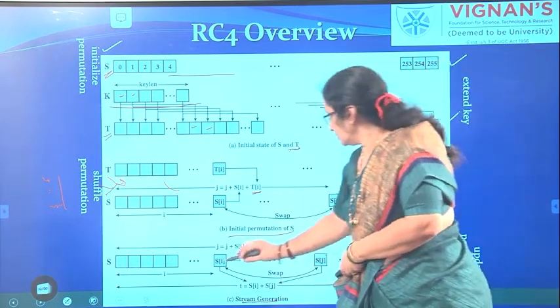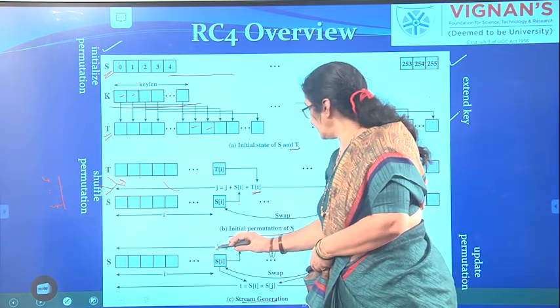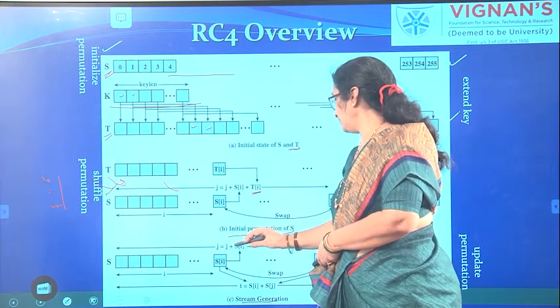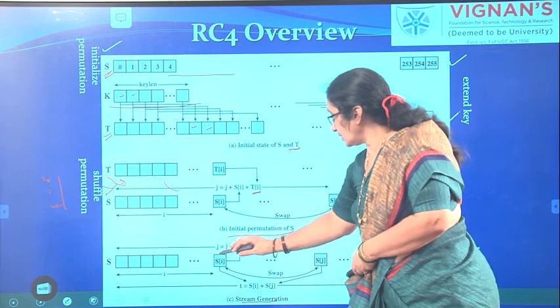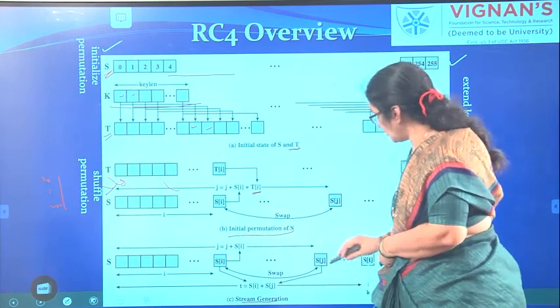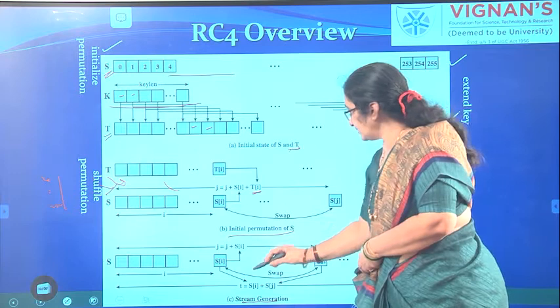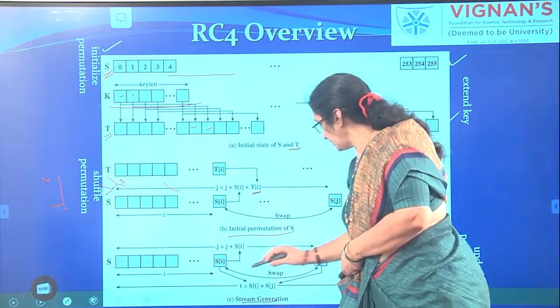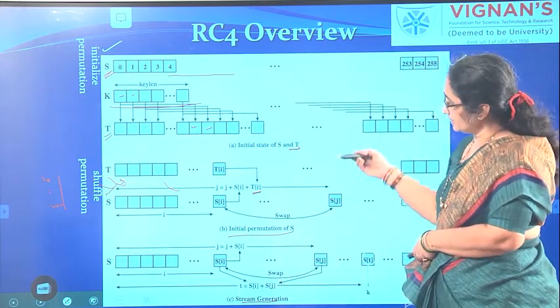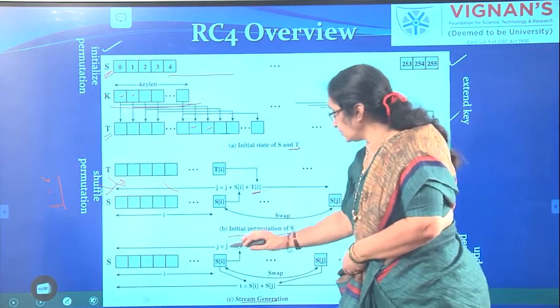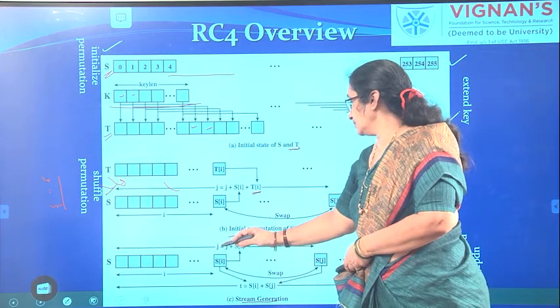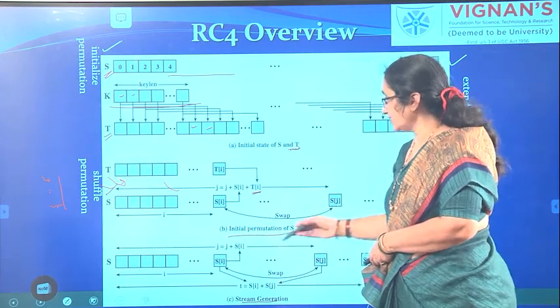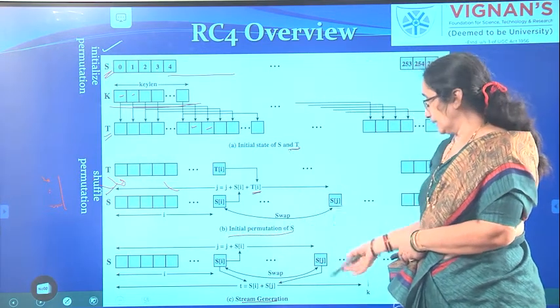So here you have taken j = j + S of i, and after getting the new j value you are swapping S of i with S of j and calculating t = S of i + S of j. Again when a new value comes you do the same thing: you increment the i value, and j = j + S of i, and the same thing will continue.